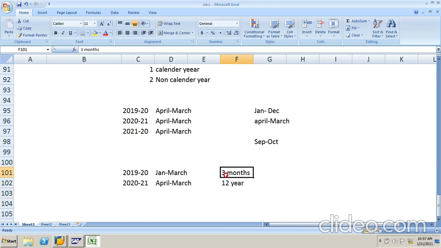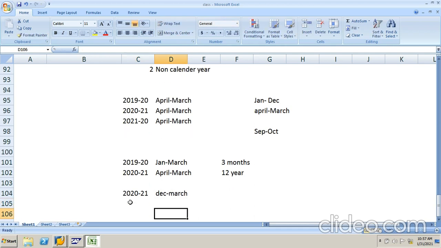Suppose one company is going to shut down. They started in December, and from March they are going to wind up the company. At that time the posting periods might be only 6.